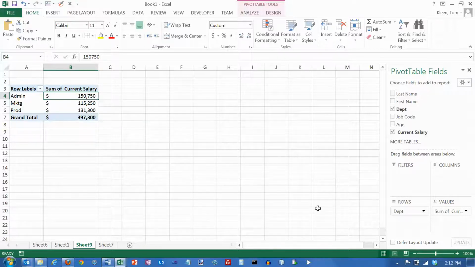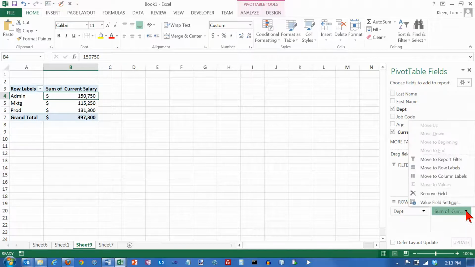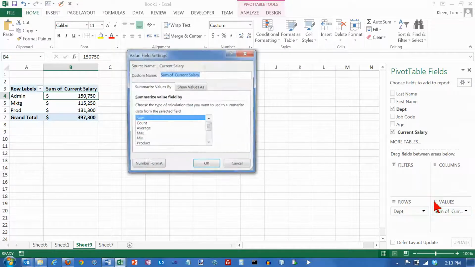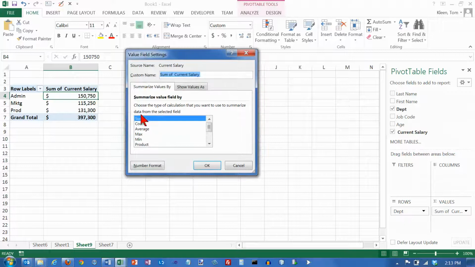and by default, if you look over here on the right hand side, text values go into the rows group and numeric values go into the values group, and it sums the numeric values. And sometimes you want some other computation, and there are a few other ones that Excel will do for you. So all you have to do is go over here and click on the down arrow and click on value field settings, and it'll tell you the computation that it's going to perform on that field, which is the current